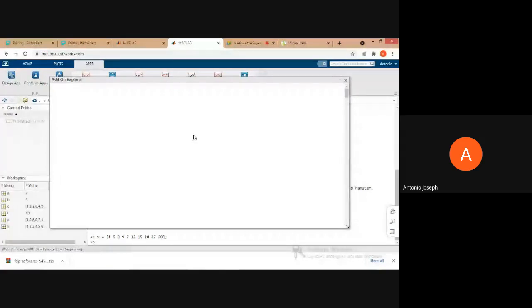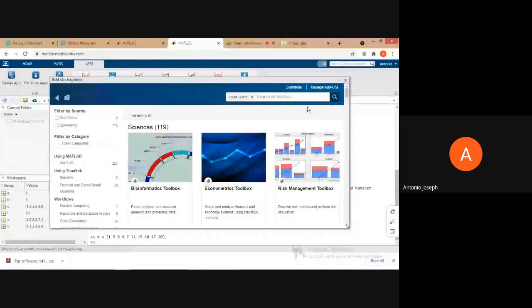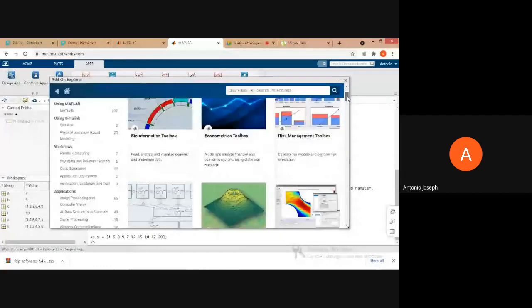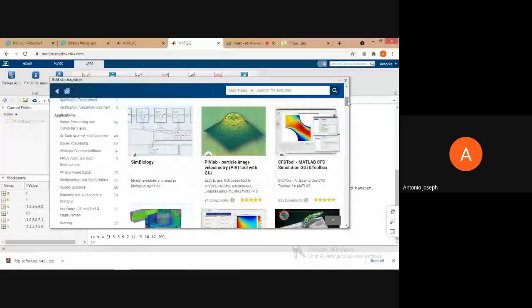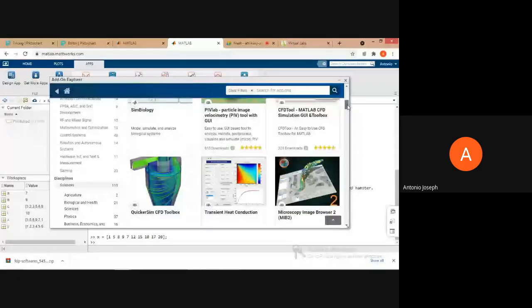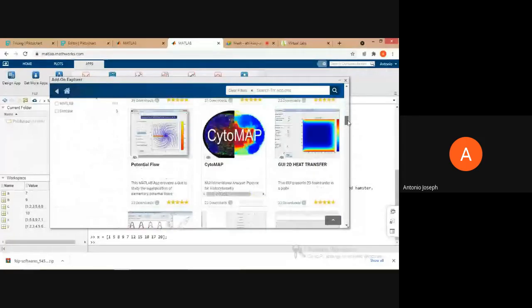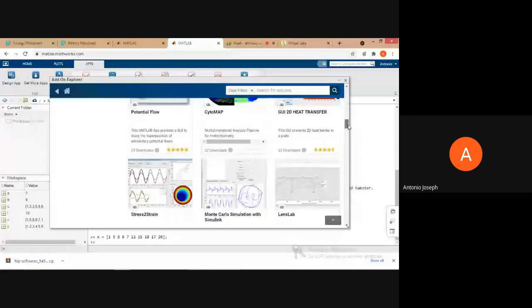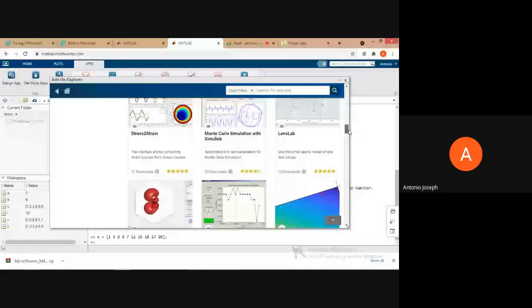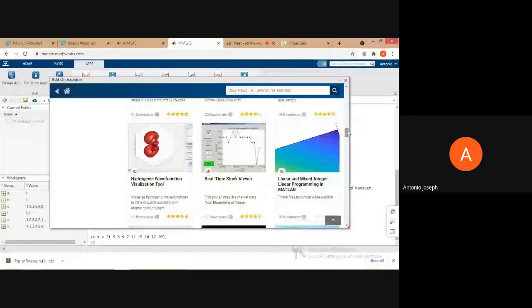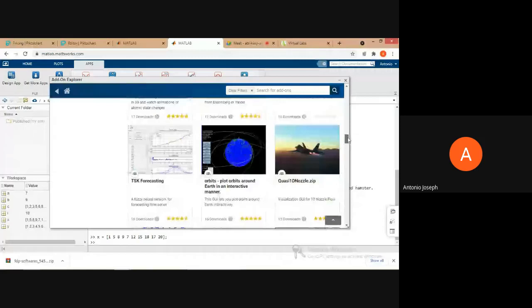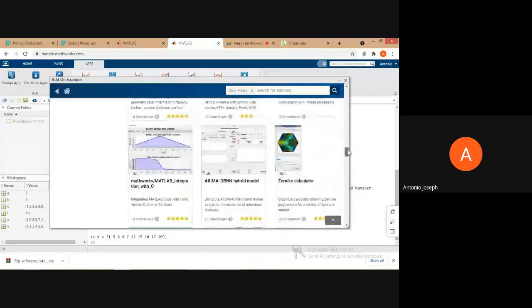See, bioinformatics is there, econometrics, risk management, symbiology, PIV, microscopy. So there are a lot of apps.